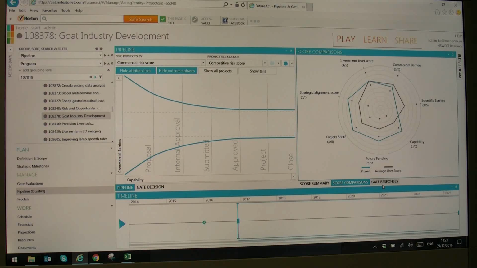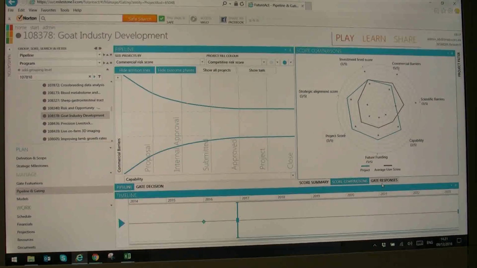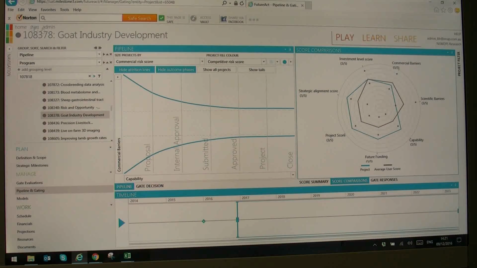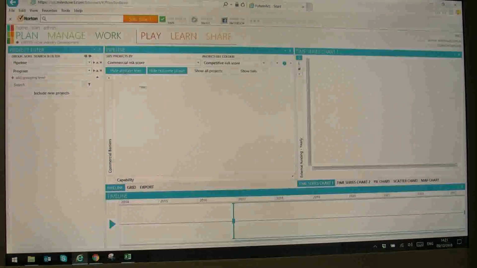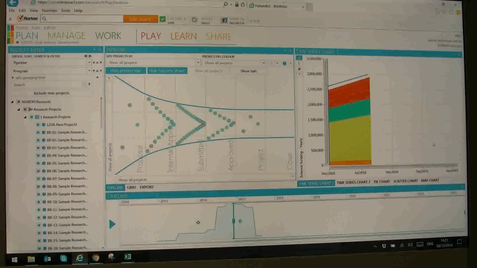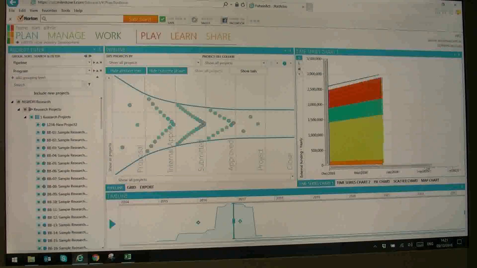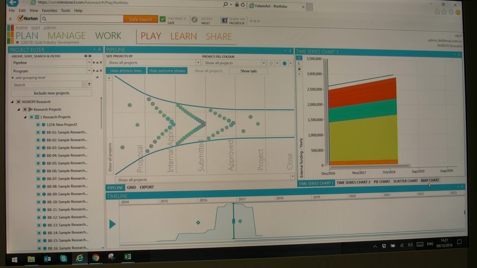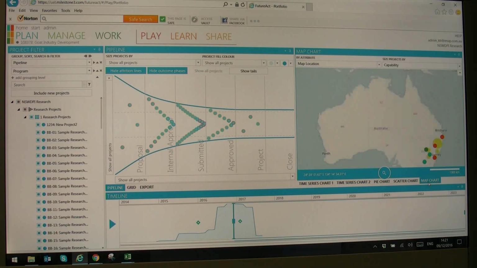I think the thing I wanted to get across is that the system doesn't have to be complex for all users. So those who've got great power can have great power. Those who just need to see their project and a few fields in it will have the capacity to be delineated back to the bits that are important to them, and the rest can either be made invisible to them,